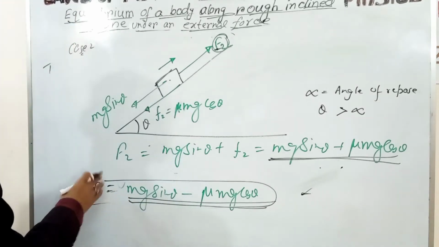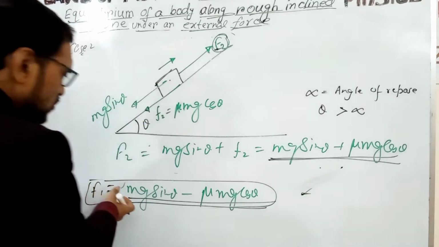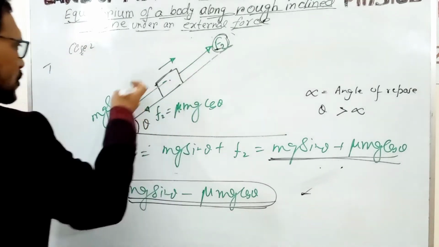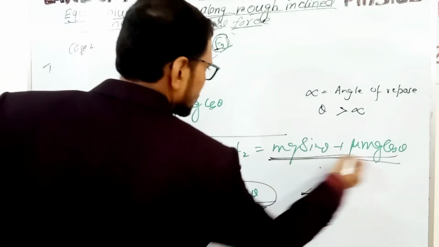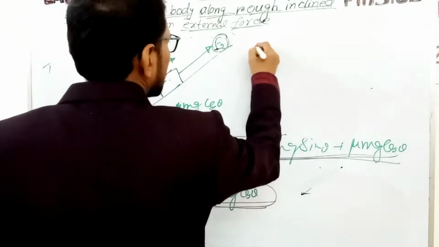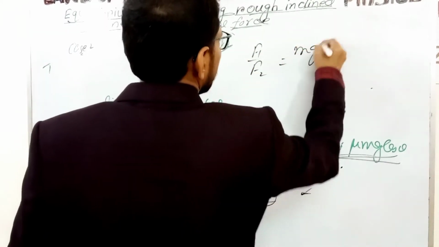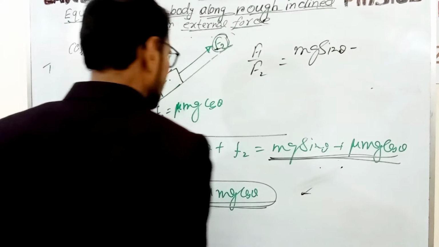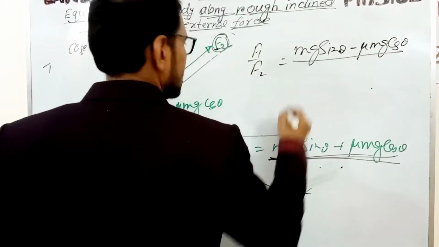This is the force required to keep the body in equilibrium when the body tends to move downward, and this is the force required when the body tends to move upward but the body is in equilibrium. Now the ratio F1 by F2 equals (mg sin theta minus mu mg cos theta) divided by mg sin theta